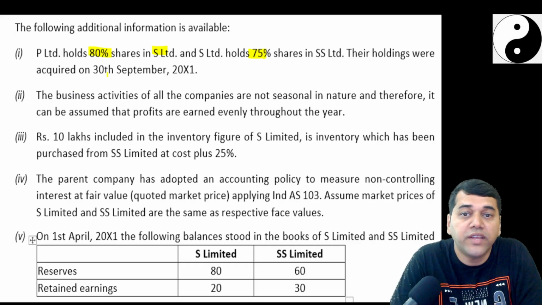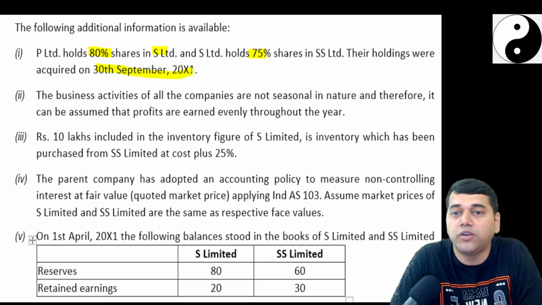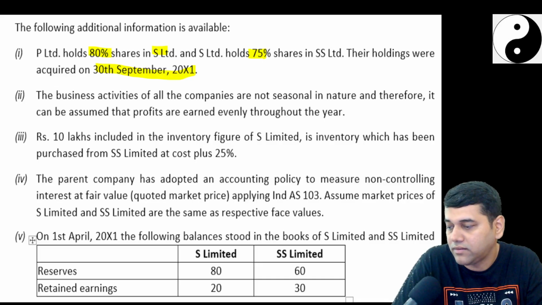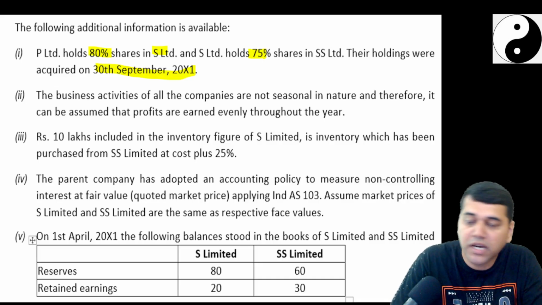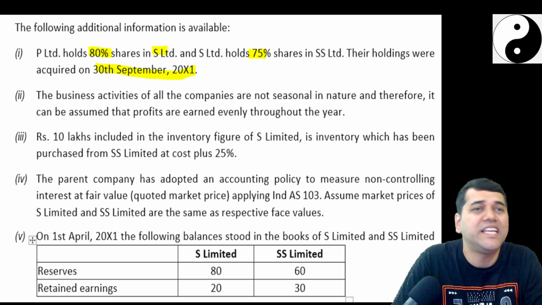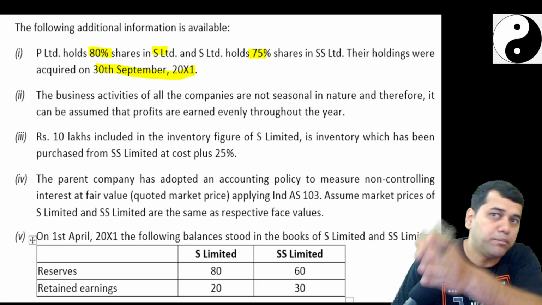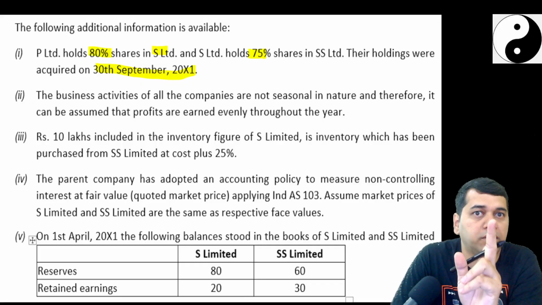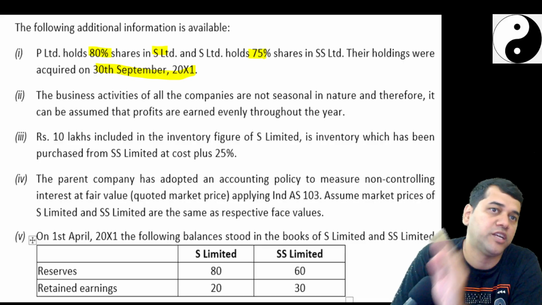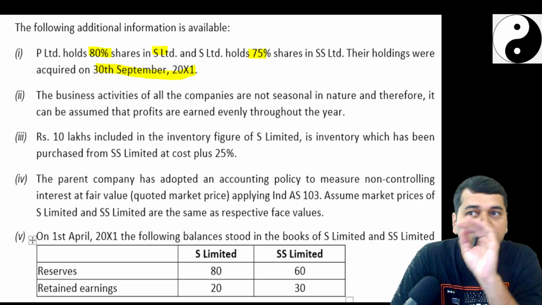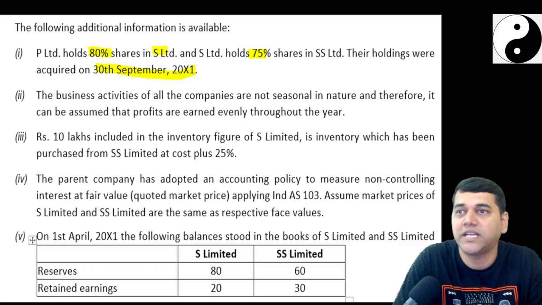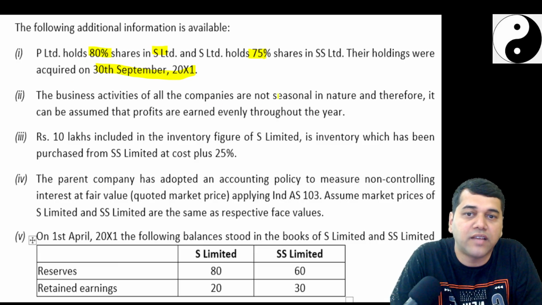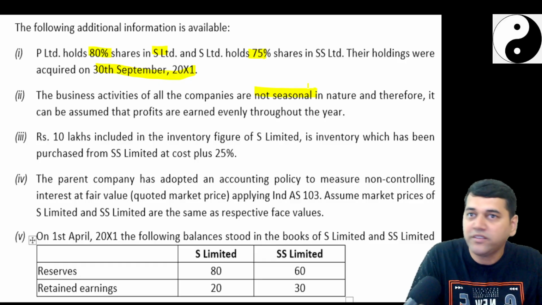The business, when you acquired it on 30th September 2011, and the balance sheet is given as of 31st March 2012, is the same as the DF Ramakrishna story, where the acquisition happened in the middle of the year. The moment a middle-of-the-year acquisition happens, you get into pre-acquisition and post-acquisition reserves. If it is not in the middle, you don't have that problem. Straight away you will take from the closing balance sheet. The business activities are not seasonal. Why did they say that? Because the profit is equally distributed.